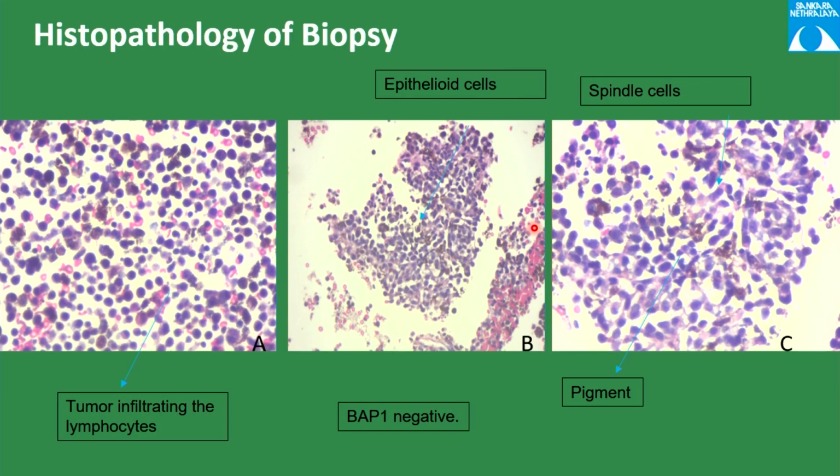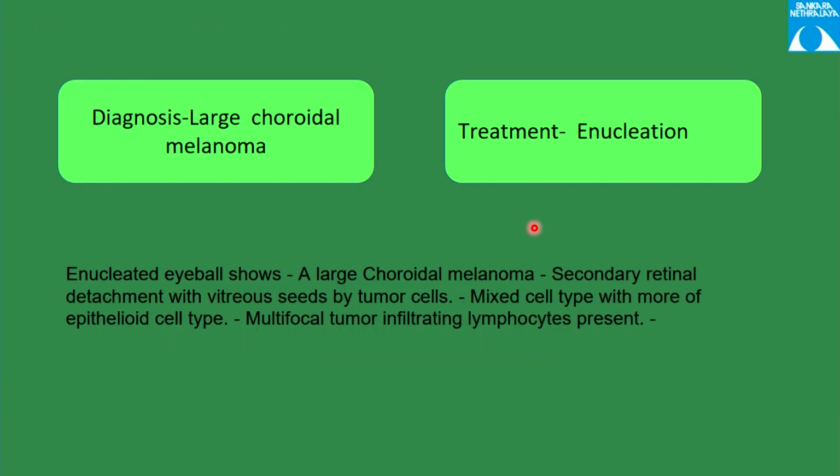Histopathology was done. There were a lot of tumor cells infiltrating the lymphocytes. You could also see the epithelioid cells, which are the round cells, and the spindle cells, which are like palisading. There's also the presence of the pigment, and BAP1 was negative. BAP1 is the tumor suppressor gene, which was negative in this case. And the diagnosis of a large choroidal melanoma was made. This patient was finally enucleated. Enucleated specimen shows a mixed cell type with epithelioid cells and spindle cells, and it was a multifocal tumor which